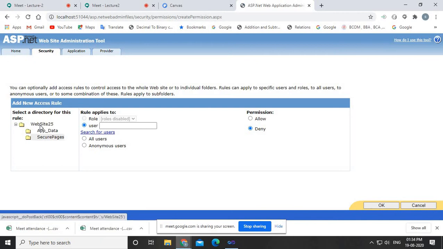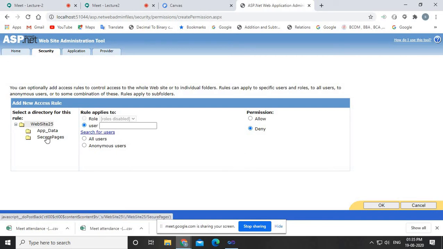On the website root everybody is allowed, anonymous users are allowed, because if you restrict a user from the website root, no page can be opened, and it will only show you the login page. I want to show my default page, sign up page, login page, and forgot password page to the visitor. These four pages I want to allow to every user, so I have placed them in the website root.